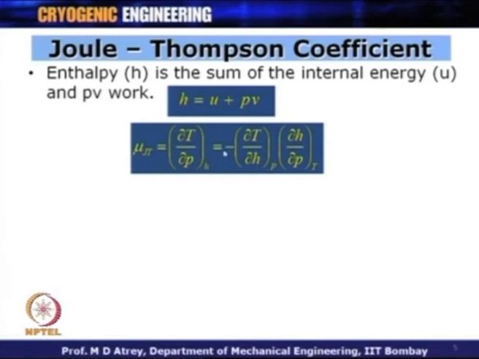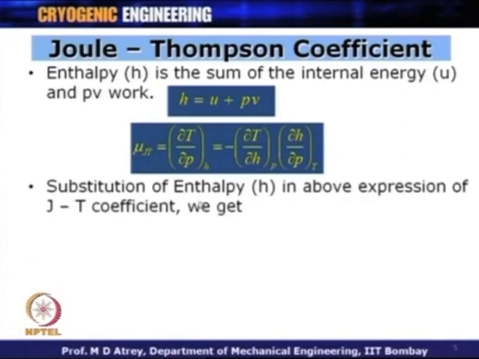So, now I have to find del H by del P at constant temperature and del T by del H at constant pressure. Substituting enthalpy H, we know H is equal to U plus PV, and if I substitute this H in the above expression of the Joule-Thomson coefficient, what we will get is: mu JT is equal to 1 by